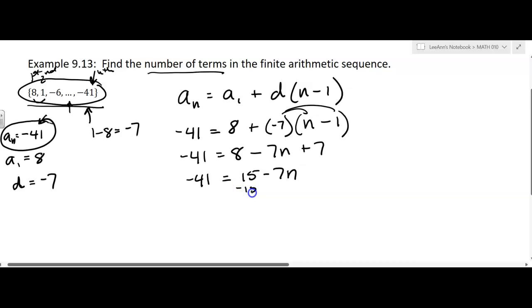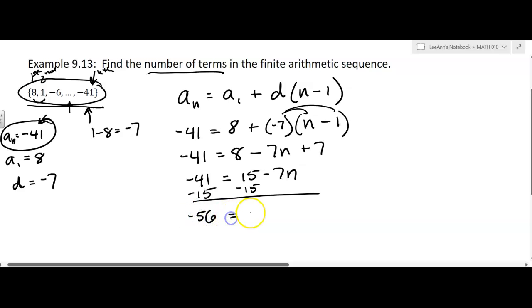So I'll subtract 15 from both sides. We're expecting this to be an integer, right? Because you can't have like, oh, it's term number 3 1/3. It's got to be like first term, second term, third term. It's got to be an integer. So it's a little bit of a comfort to us. So we get